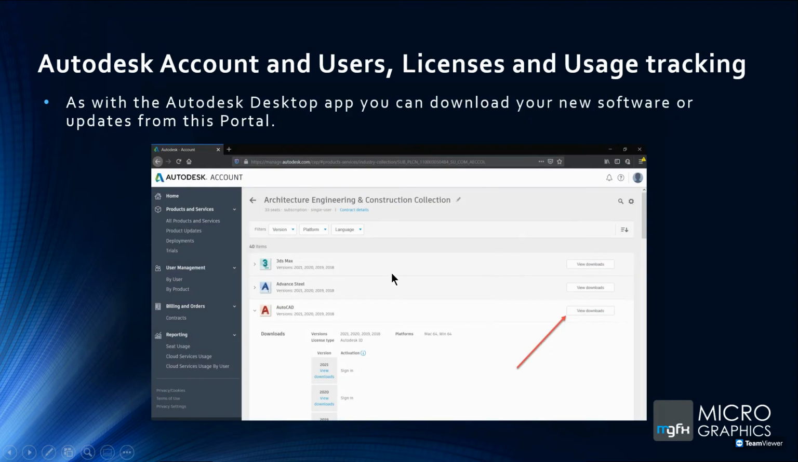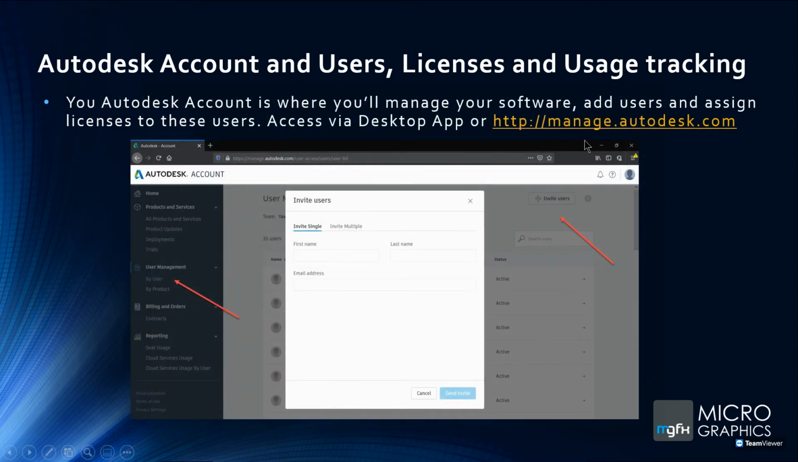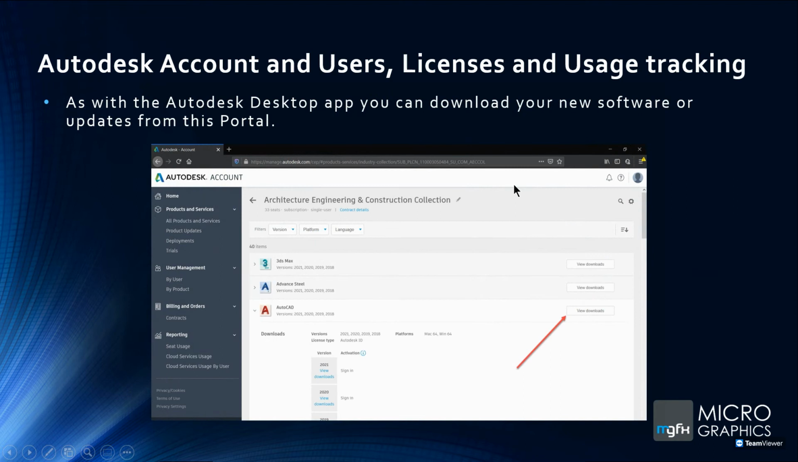Right, now the first thing that we can do with this Autodesk account is download your software. So what would happen if you purchase the software? You'll get a welcome email from Autodesk, and in that email they'll say, all right, visit this Autodesk account, and within the Autodesk account you can then download the software and so forth. So the first thing is, on the left hand side you'll see there's products and services. So if I visit that